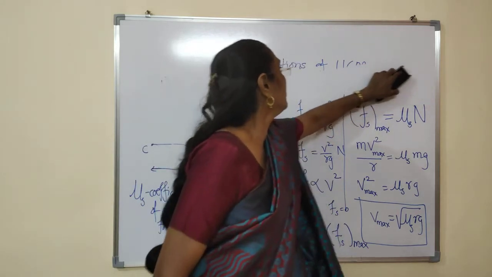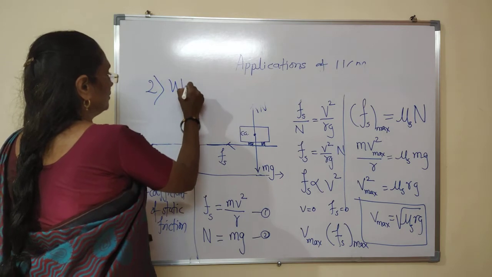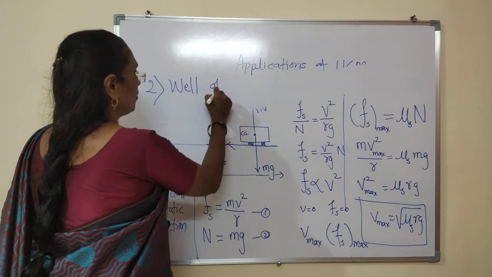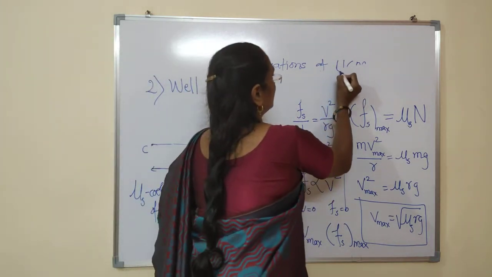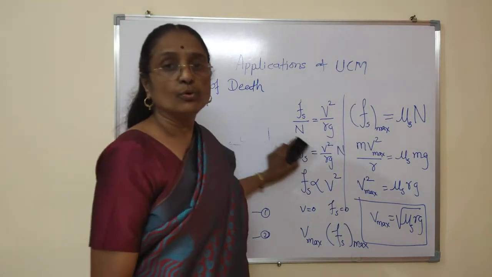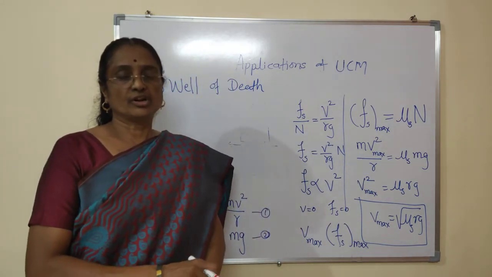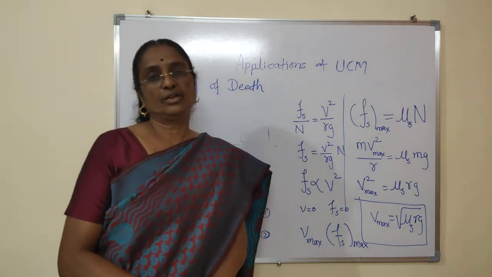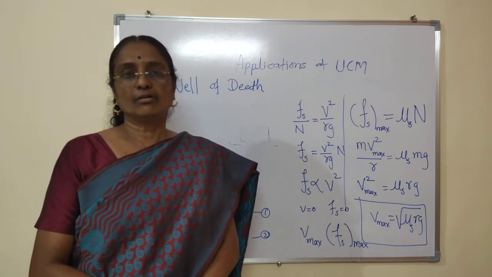Now the second application is, again, we have to determine the speed limit for the wheel of death. Wheel of death. Here you have seen in jatras, in circuses, the wheel of death, where there is a motorcyclist taking turns in the cylinder